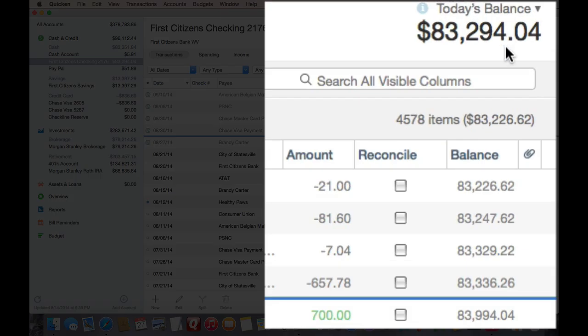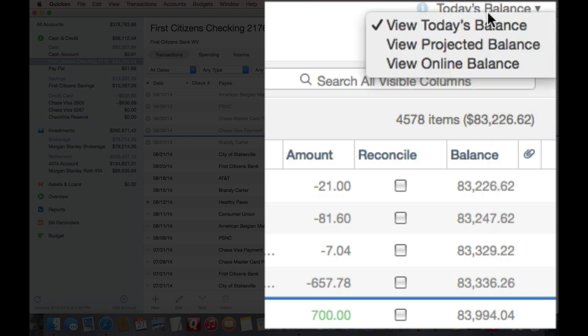listed here. And that might disagree with the today's balance here, which is August 27th. What's the discrepancy? Well, this today's balance will not include the unposted scheduled transactions. It actually excludes them. Now if we go up and click on the today's balance, you'll see there's some other